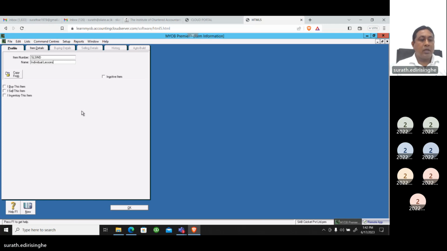Right. Click on tab. Item and item name, code and name. Okay, the three types of integration are there. I buy this item, I sell this item, I inventory this item. In this, for the service item, the lesson practice, click on here,